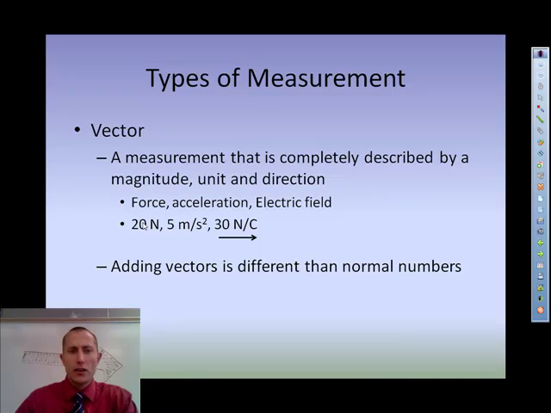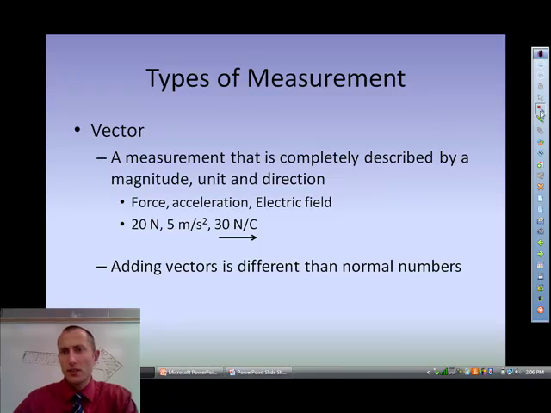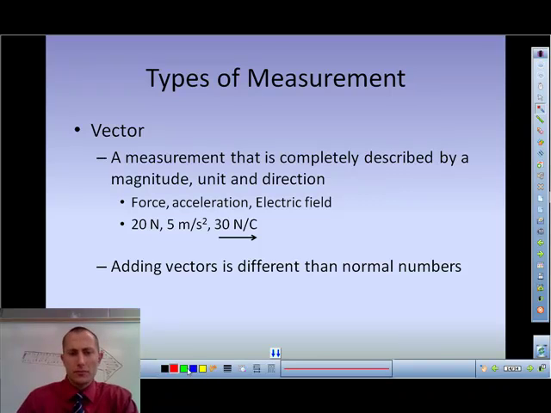And so you can see here we have our different measurements. And when we write vectors, here we have force, and we have 20 newtons. But that's not enough. We need a direction. 20 newtons up, 20 newtons down, or 20 newtons at some angle. Same thing here. We have 5 meters per second squared. Again, we need some direction. It could be as simple as drawing an arrow pointing in the direction,